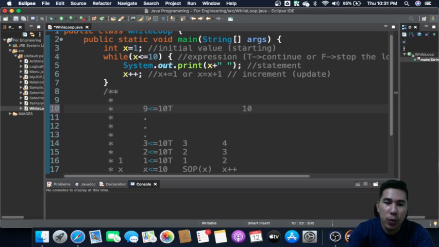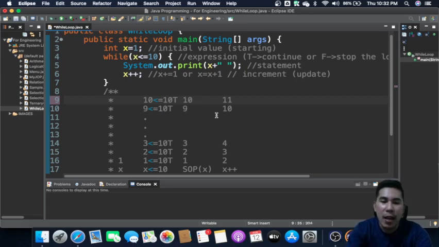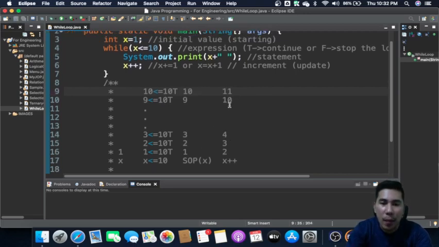That's still true. So basically it displays the 9 and then it becomes 10. So after that, 10 is less than or equal to 10. That's still true. And then it displays the 10 and then the x will become 11.